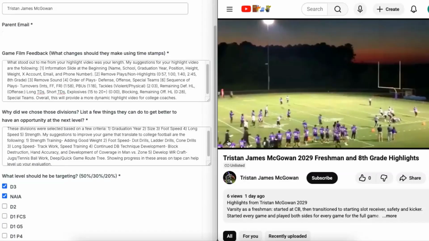But these improvements are what a DB college coach will look at. So double down, do all these things, hit it hard. And if it translates to your video, this can help you level up your evaluation and possibly have an opportunity at that D2 level. But Tristan, at the end of the day, everything's really going to come down to your individual work, your outreach, as well as your marketing on social media, which is huge being an underclassman,